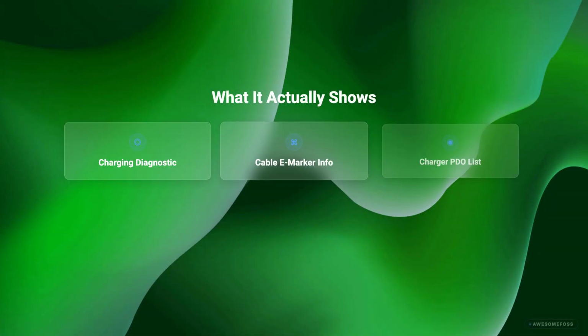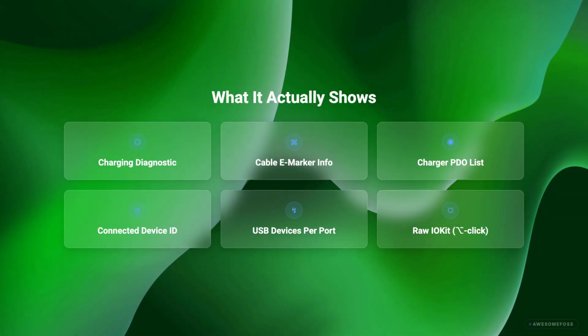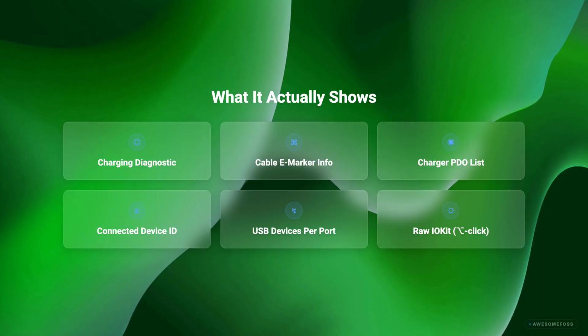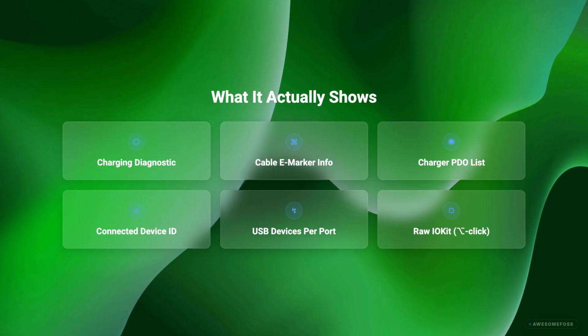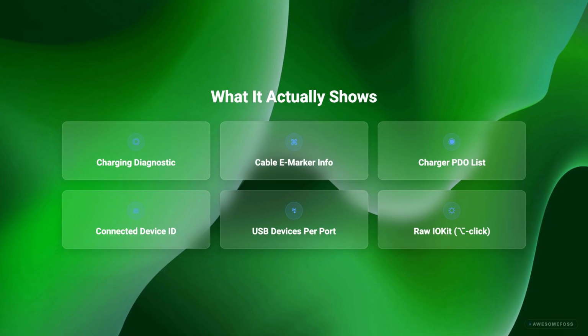And the charging diagnostic is the headline feature. Per port, in plain English, an at-a-glance headline: Thunderbolt/USB 4, USB device, charging only, slow USB cable, nothing connected. When something's plugged in, a banner explicitly identifies the bottleneck. Quote, "Cable is limiting charging speed," when the cable's rated below the charger. Quote, "Charging at 30 watts, charger can do up to 96 watts." When the Mac is asking for less, usually because the battery is near full, quote, "Charging well at 96 watts,"